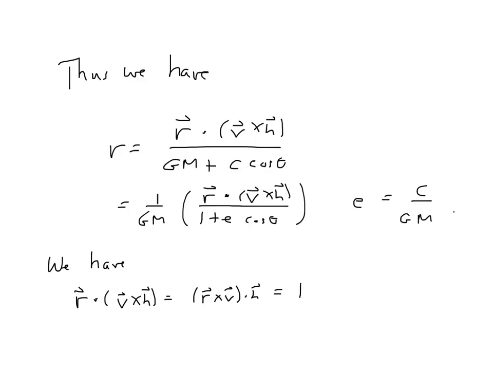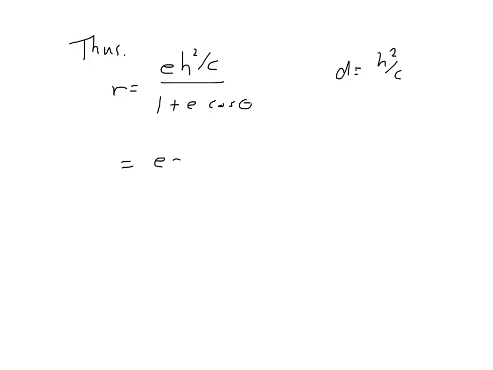And so we can simplify because we know r cross v is h, so this is just the magnitude of h squared, which is little h squared. So now we can start to simplify this thing and get the equation of an ellipse like we saw before. So r is equal to e h squared over c in the numerator, divided by 1 plus e cosine theta. Now just set d to be h squared over c,